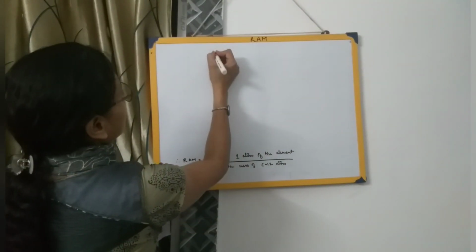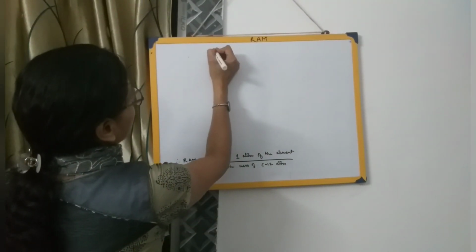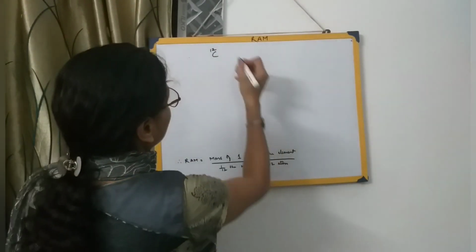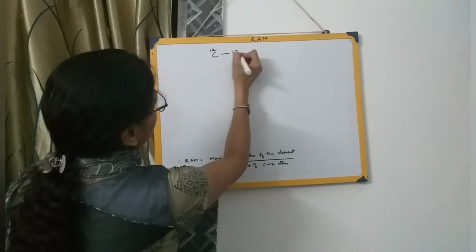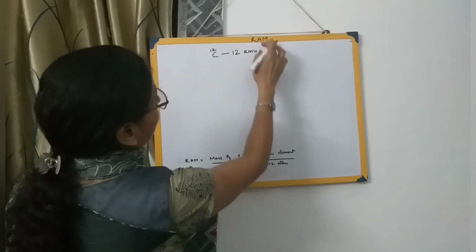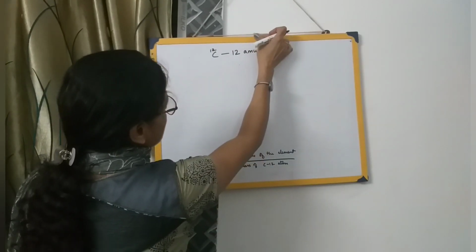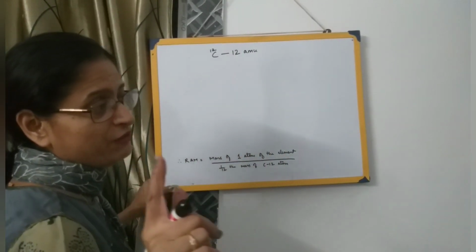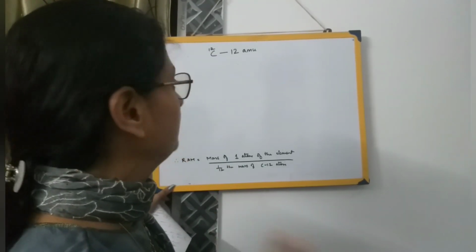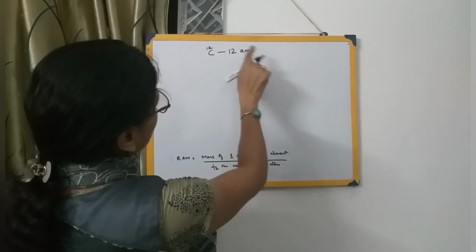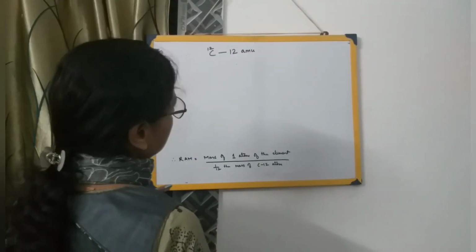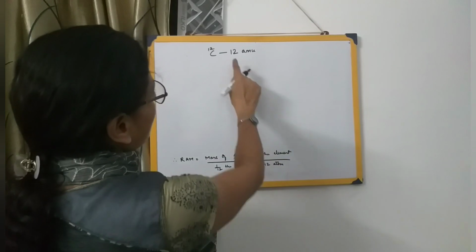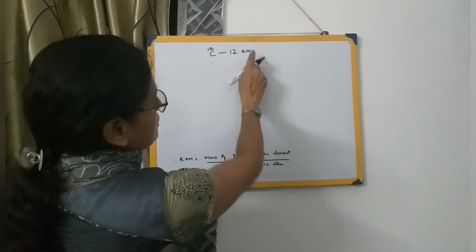Now 1 by 12. Now mass of carbon 12, we write on carbon 12. In this way, that is atomic mass we are writing down, 12. Mass of carbon 12 is 12 AMU. Now for hydrogen, as I told you, 1.67 into 10 raised to minus 24 gram, and for the sake of simplicity, we are calling it 1 AMU. Similarly, this is also 12 point something grams, but for the sake of simplicity we take it as 12 AMU. Mass of carbon 12 is 12 atomic mass unit.